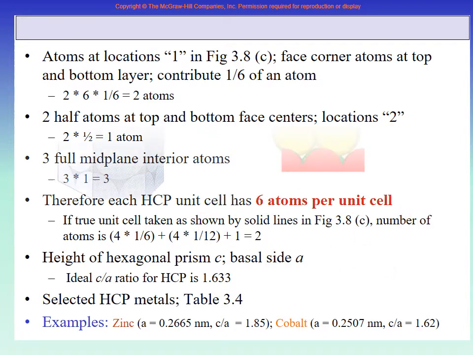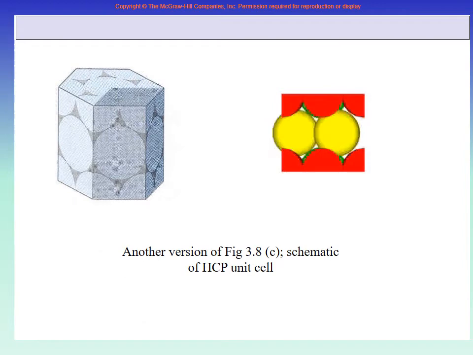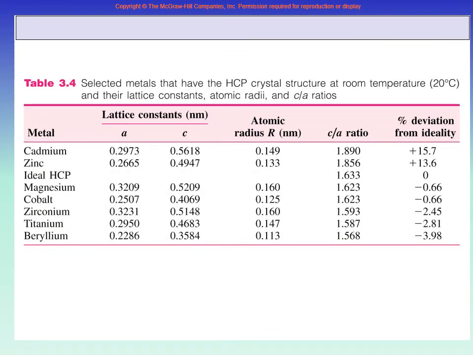And then we showed you the cutaway section and the table, where cadmium, zinc and so forth are hexagonal close packed. So we have the atomic radius, and there are 2 lattice constants, A and C. We told you that in an ideal HCP, where all atoms actually try to touch each other, the C/A ratio will be 1.633. But in all of the real ones, because the atom that you push inside pushes the others out, the ideal C/A ratio of 1.633 is not maintained. It is slightly different, so how much difference is there?